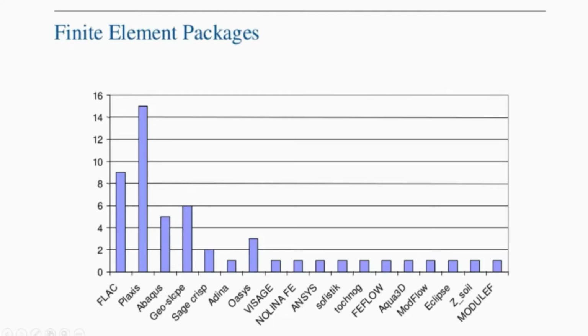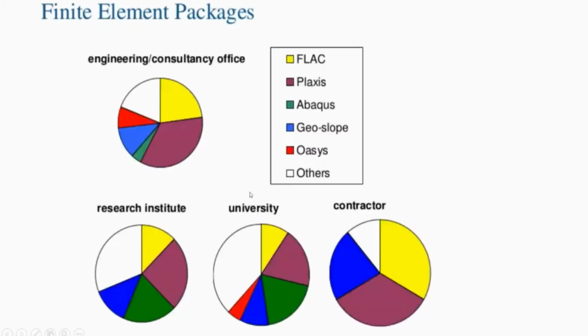And one participant is asking about Abaqus. I'm not sure about Abaqus because I have not used it. GeoSlope I have used. It is mainly used for slopes only, and Plaxis is used for slopes, for embankments, and for tunnels. So there are a number of applications of Plaxis. And if you go through Plaxis 3D, the interest goes beyond the limit, because in 3D you can predict the effect very nicely.